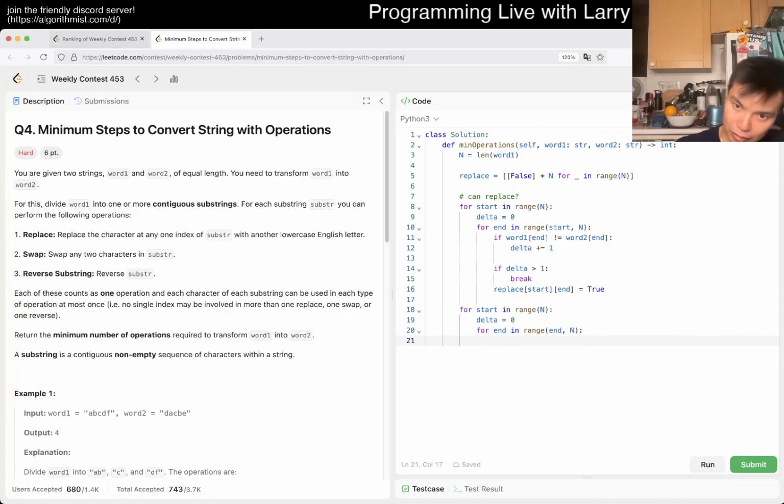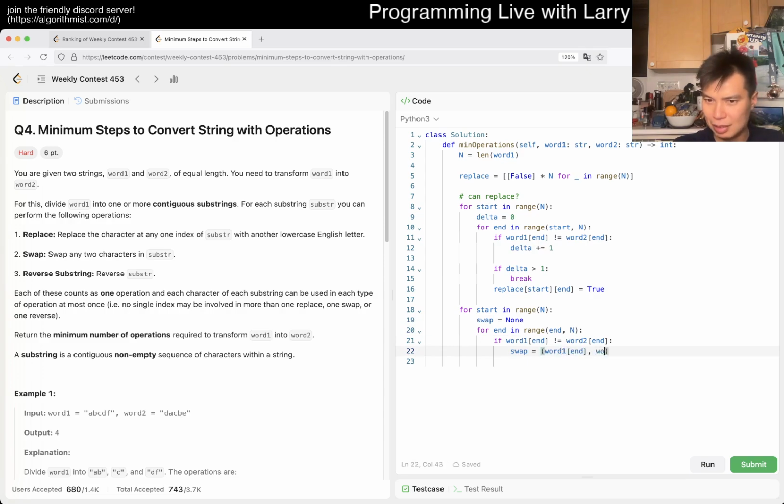So if it's not the same, then what happens? Okay, swap is equal to none, and if they're not the same, then we want to say swap is equal to maybe this, but only if it's the same, it's fine. If not,